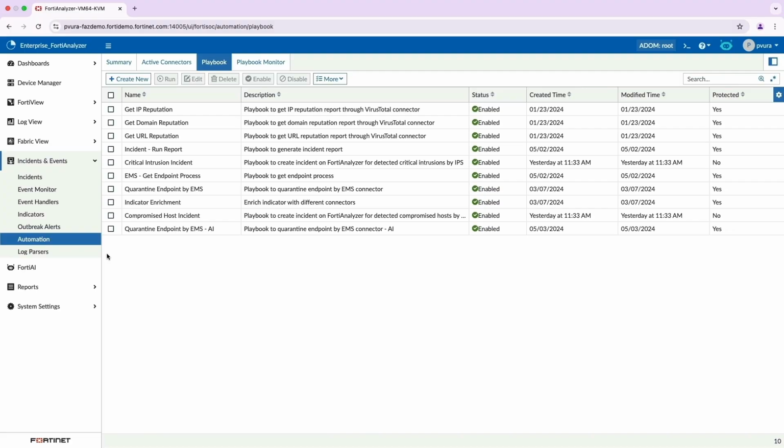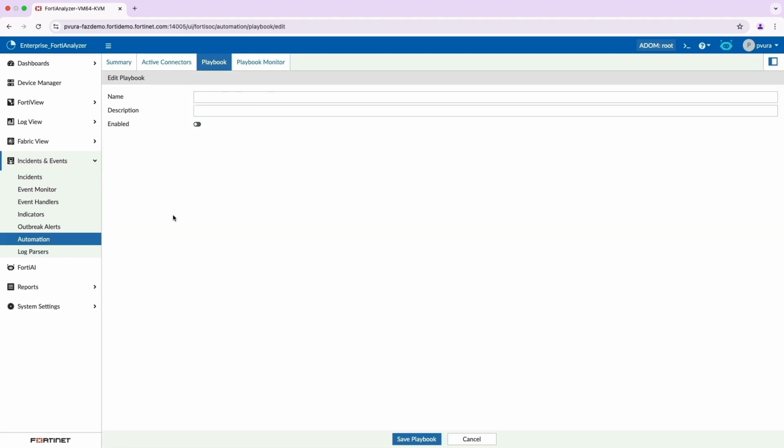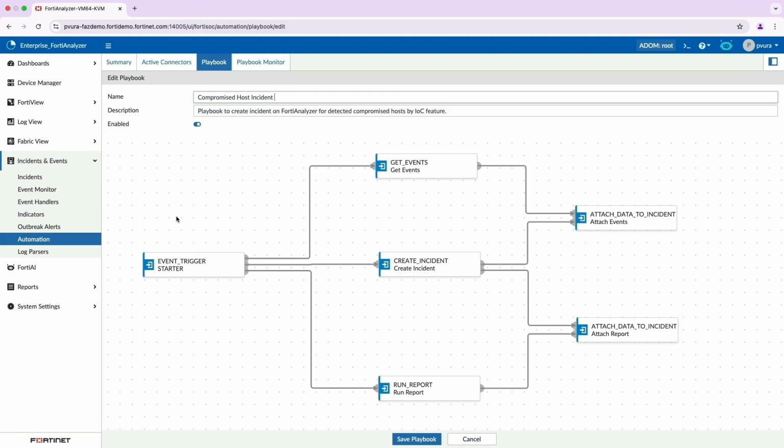These playbooks are pre-configured to address common security events and can be triggered automatically when specific conditions are met, enabling faster and more consistent responses. Let's take an example of how the compromised host playbook looks. It will automatically isolate a compromised endpoint from the network to prevent further spread of threats, and the trigger can be detected malware, high-risk vulnerabilities, or repeated failed login attempts. The final action can be to send a quarantine command to the FortiGate or FortiClient EMS and notify administrators with details